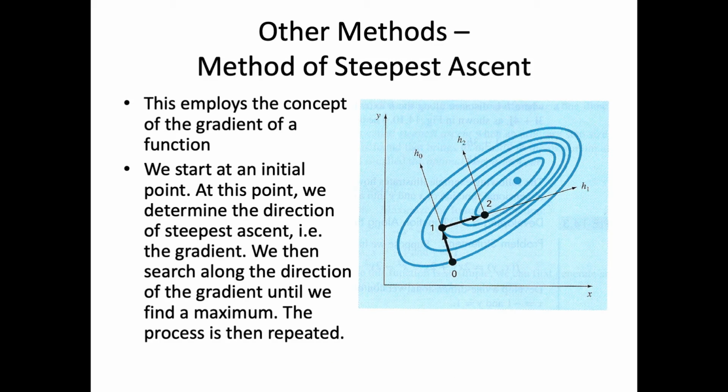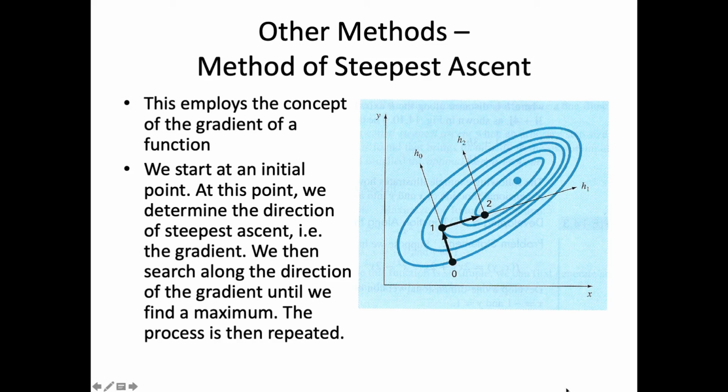You can see from previous examples that the step size is quite important. At the cost of computation time, you can choose smaller step sizes in order to make your calculation accurate. The method of steepest descent or ascent avoids this problem by determining the direction of the steepest descent or ascent, depending on whether you're looking for the maximum or the minimum, respectively, without having to worry about step sizes or convergence time. We'll discuss this technique in detail when we study machine learning, as this will be an